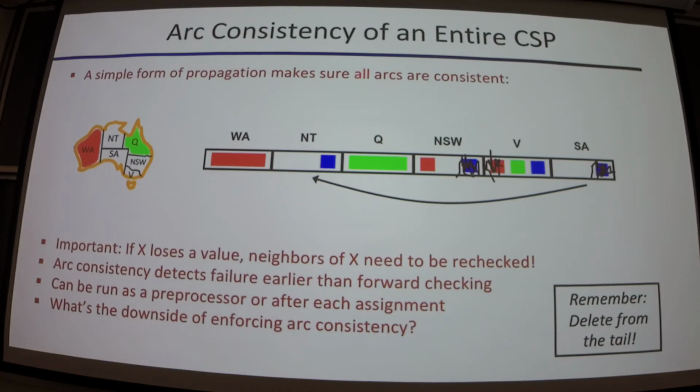So returning to the previous point, it will terminate. Does anybody know why? Yes? There's only so many values you can delete. Yeah, you're deleting, right? So you can only add the neighbors back into your data structure d times per node, right? Does that make sense? Because you're never adding stuff to the tail, right? Okay, cool. But that's important to think about, right?